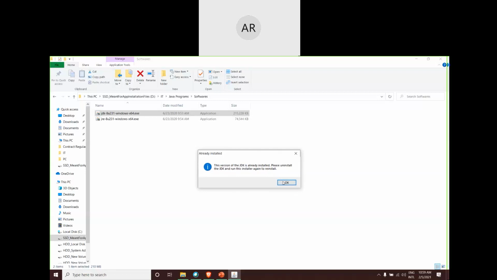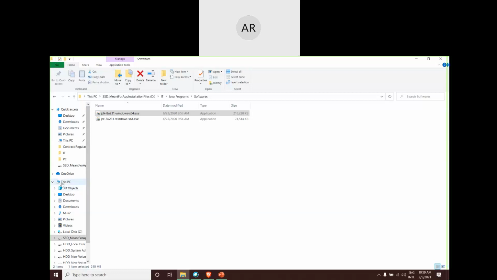I don't want to get distracted with what was already done. Just to show you what settings we need to make after the installation is done, please remember or make a note of these points. You need to right click on This PC or My Computer.